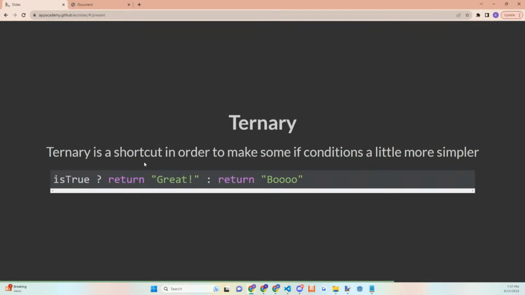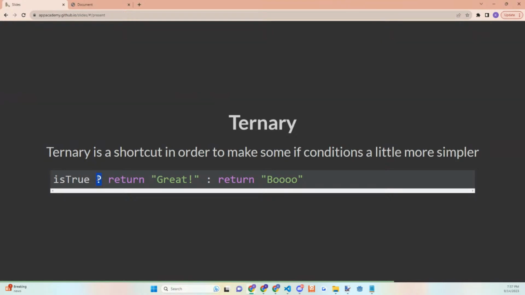This is a more simplistic way of writing an if else statement, which will generally take up multiple lines. In this very case, it would probably take up 5 lines. However, this ternary syntax allows us to keep it on 1 line.